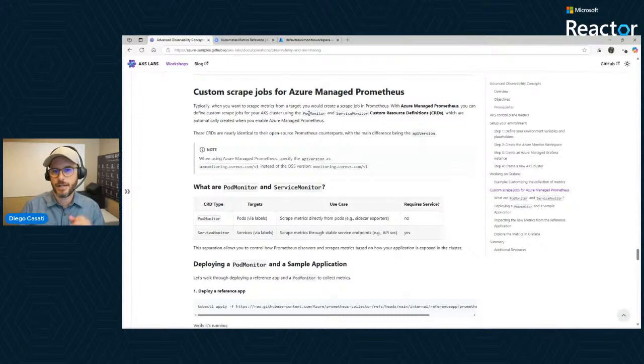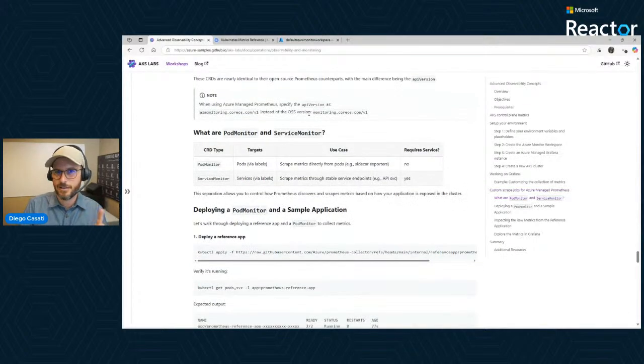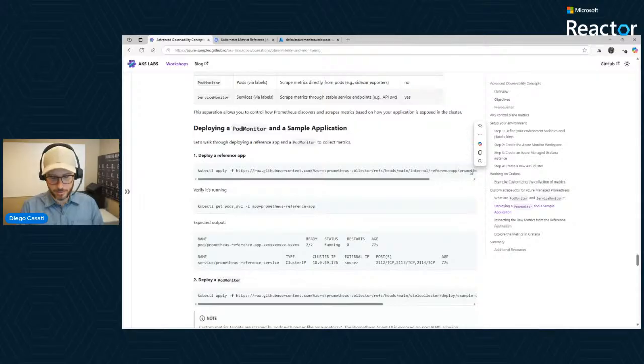We're looking at PodMonitor and ServiceMonitor. They do differ slightly. This should become very natural for all of us who have been doing Kubernetes for a while. PodMonitor will actually be able to hit a direct pod based on labels and retrieve that information and then ship that upwards so we can visualize it in Grafana. ServiceMonitor will do an equivalent of that, but it's using labels on a service that can then have endpoints behind it. So very similar to things we've done before. Real quick here, we're going to deploy an app.